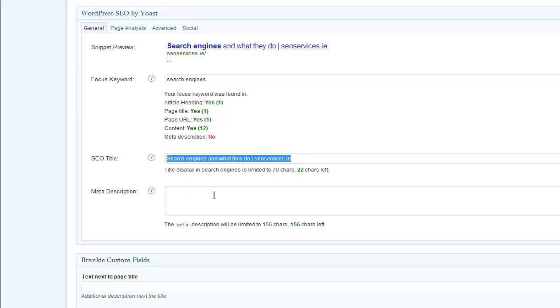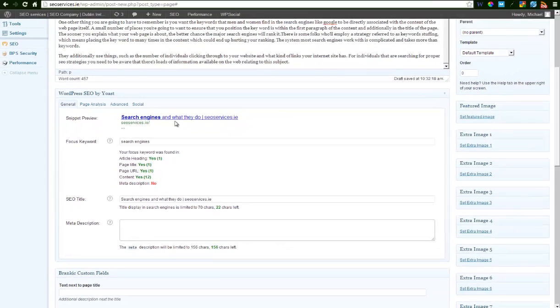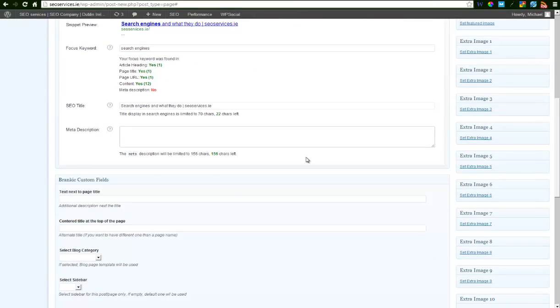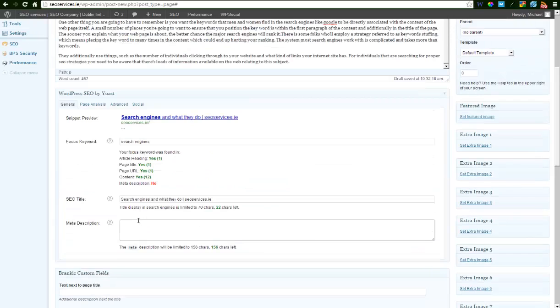Because you need to have a good meta description in order to get people to click through on your website. If it's a rubbish meta description, they won't click through. It's as simple as that. So once you have that done, I'm not going to type the whole thing in. For now, I'll just type in